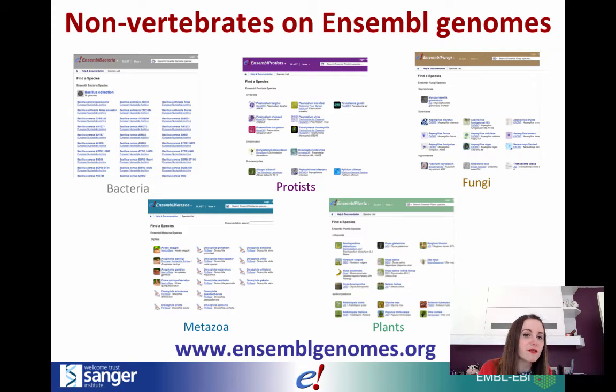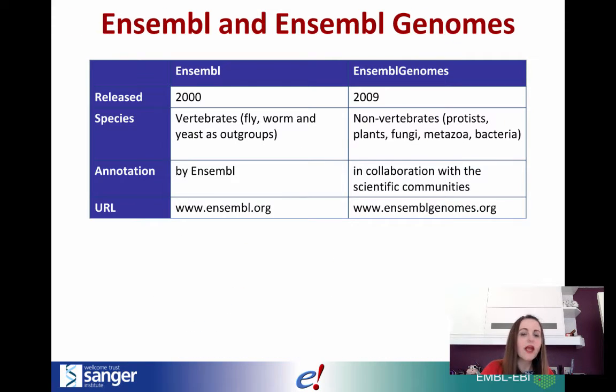If you work with non-vertebrates, you'd probably be interested in our sister site, which is ensemblgenomes.org. Ensembl Genomes has 5 mini-sites which cover bacteria, protists, fungi, metazoa and plants, and they all work in pretty much the same way as Ensembl. Throughout this course we'll find that there are a few exercises where we send you the way of one of these mini-sites, and we'll also point out any special features of the mini-sites that are important when you're looking at particular kinds of data. So the differences between Ensembl and Ensembl Genomes.